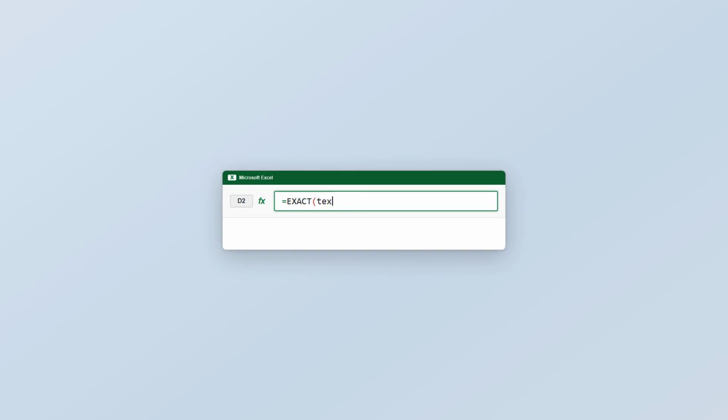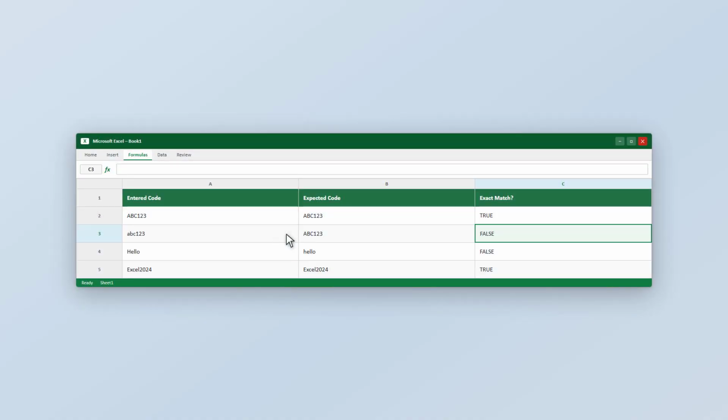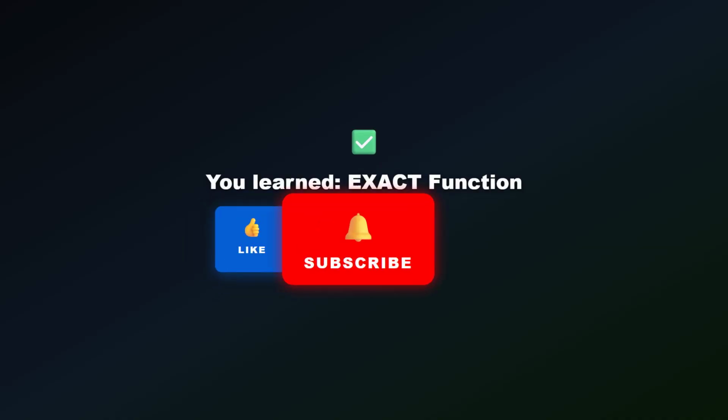The exact function takes just two arguments, the first text value and the second text value you want to compare. It checks every single character, including uppercase and lowercase letters, and look at the results. ABC123 versus ABC123 returns true because they are identical, but ABC123